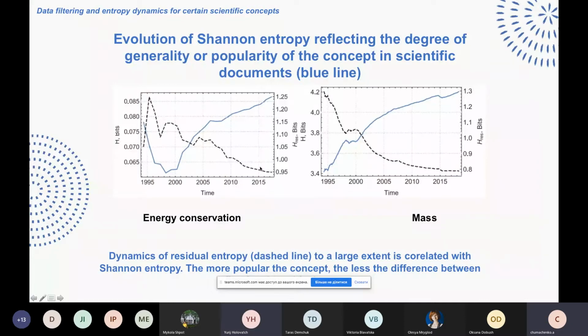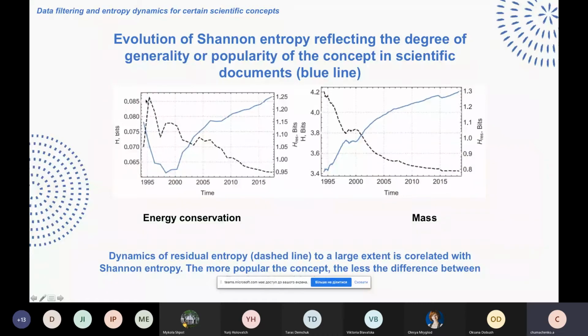No, that was not my question. I believe we understood what you plot here, but my understanding is that both concepts are basic concepts. Or do you want to convince us that one of them is basic and another one is not, or what's the goal? Yes, I want to say that, for example, energy conservation looks like basic,